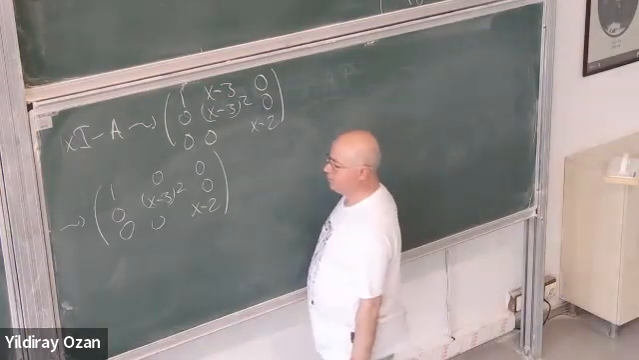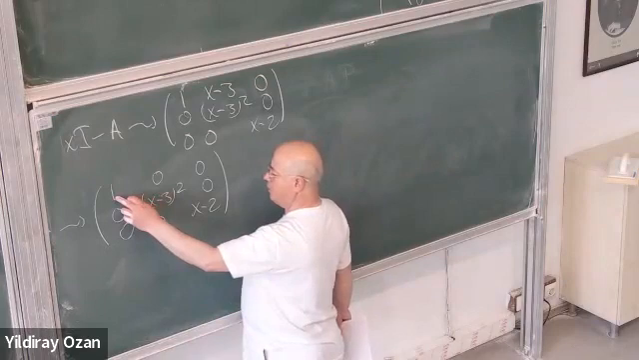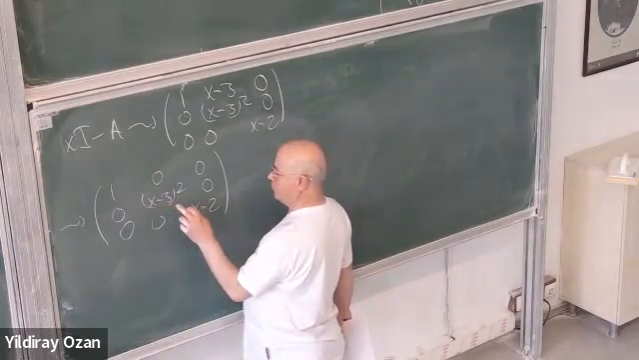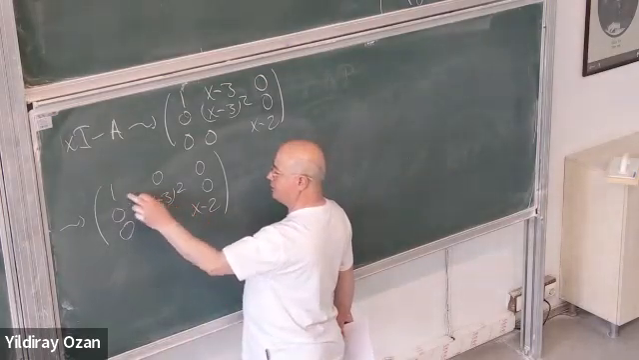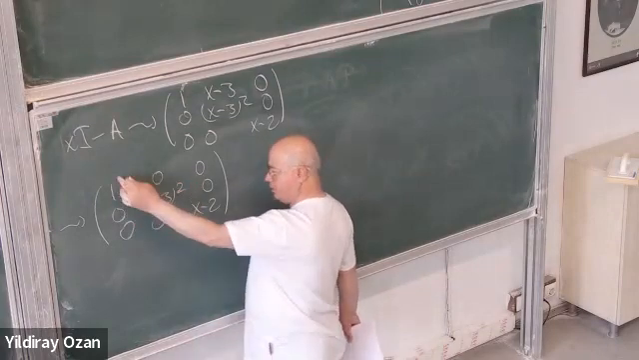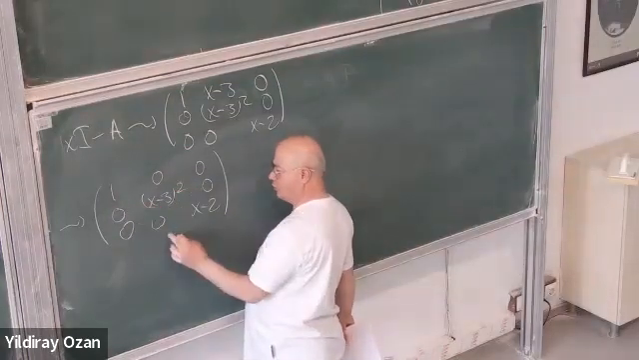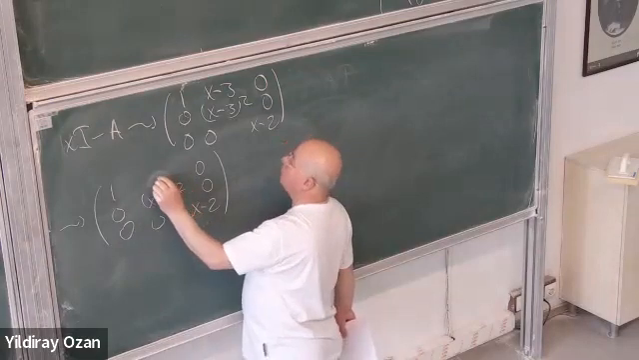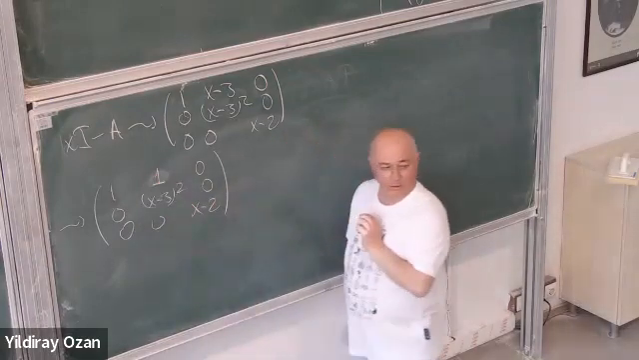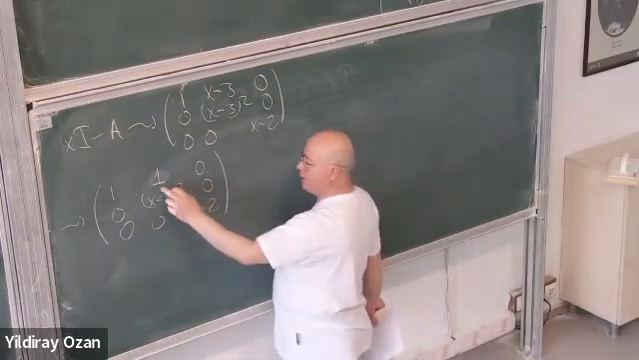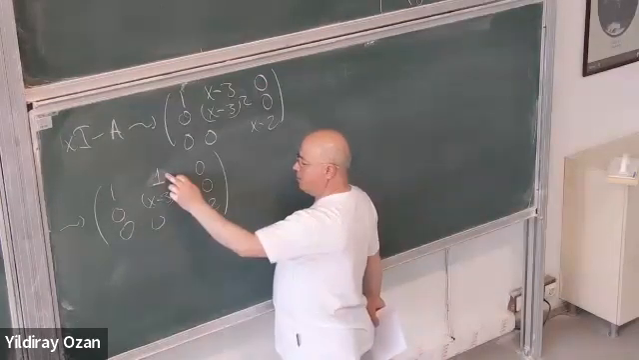To kill this guy, I can add this one to this one. I can add the first row to the second row, and I'll get 1 here. And then multiply this guy by